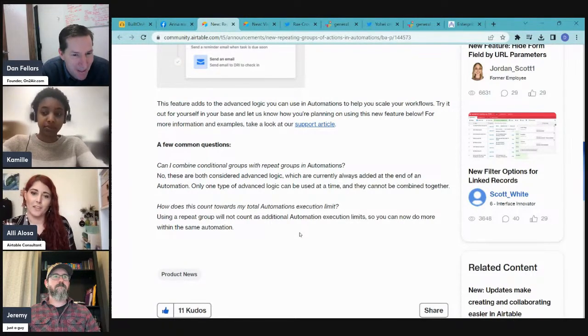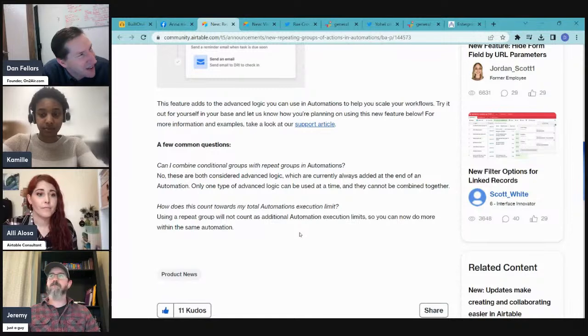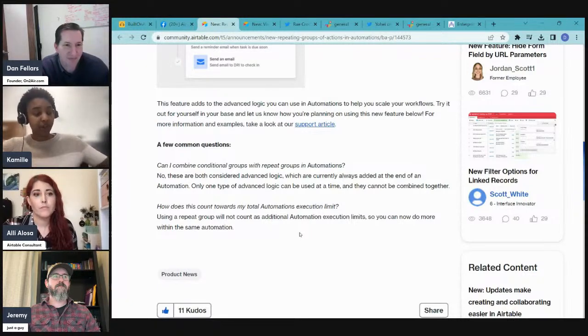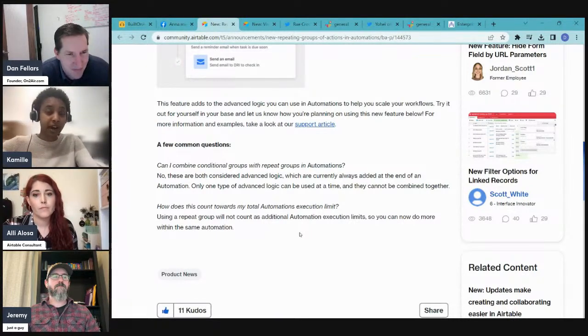Nice relief. To Zapier, the loops in Zapier do eat away at every single task or step. Is there a limit on the number of records you can query in their find? Yes. The find records step has a limit of 100 records, which is pretty small, but if you have a pro plan or higher, you can use a run a script action to replace the functionality of a find record step.